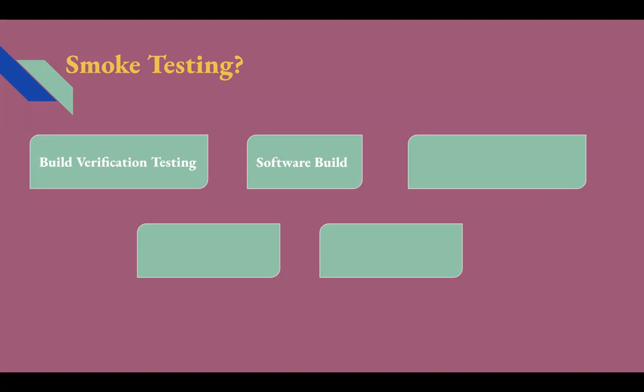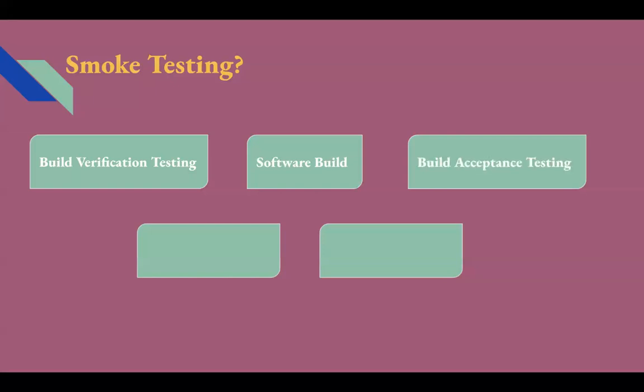production for actual customers. Smoke tests are executed to verify the stability of the build, whether the code given to testers for testing is stable or not. It means whether the basic functionality is working or not before proceeding further to test the other features in detail. Whenever the development team generates a new build of code and provides that build to the QA team, then you as a QA member perform smoke tests and validate that the code given in this build is stable. Then proceed further and perform other types of testing.